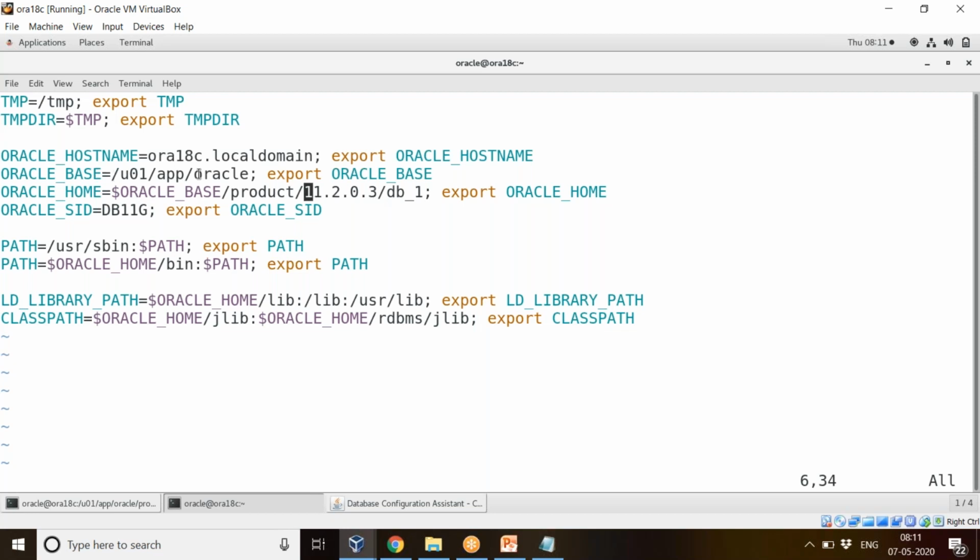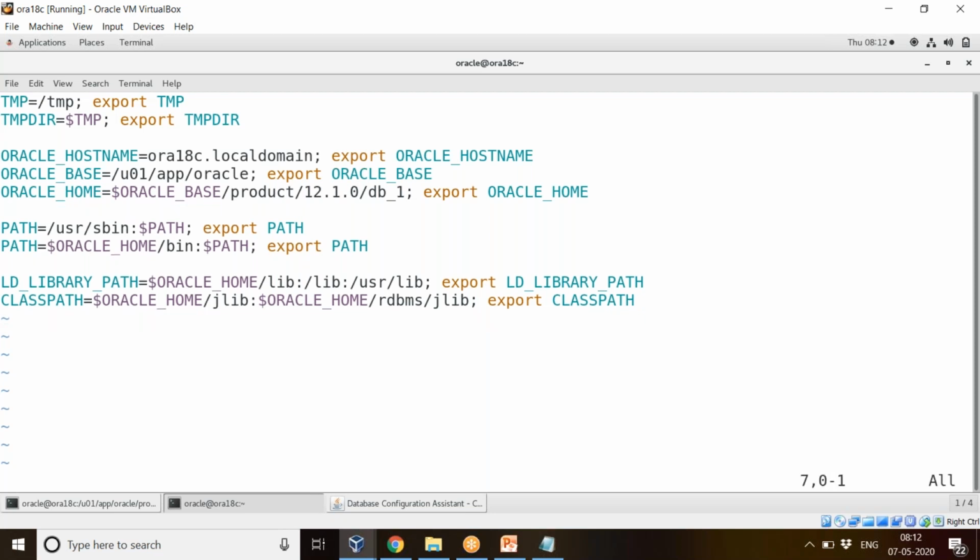Here you have u01/app/oracle, then product, then 12.1.0. So this is my location. 12.1.0. This is the location where I have installed my Oracle software. Fine. So this is how Oracle home I have to install. Then Oracle SID not required.